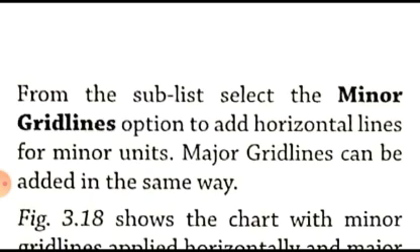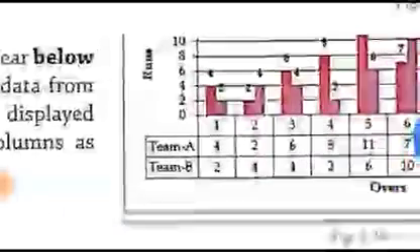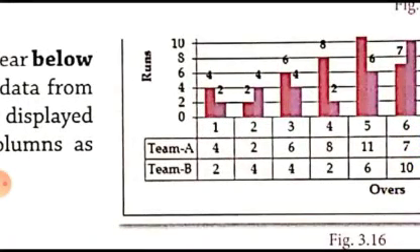You can see here, this chart has runs values on the vertical axis. So we have drawn minor grid lines for the minor run values on the y axis. The y axis has run values, so for the minor values of runs here, we have drawn the minor horizontal lines.